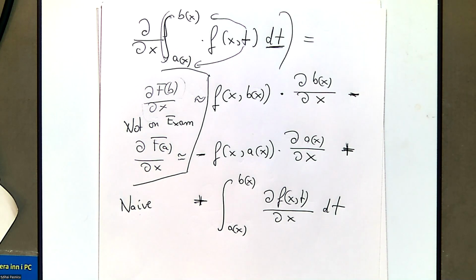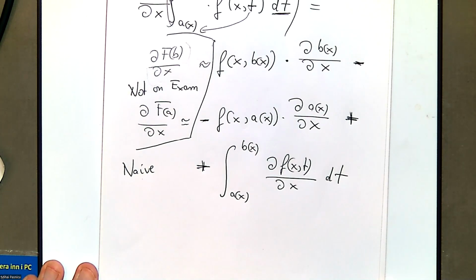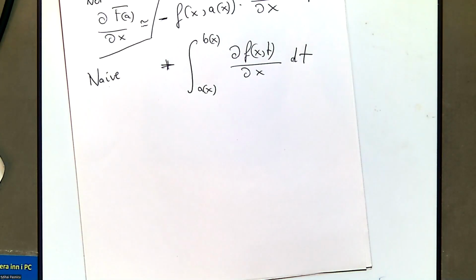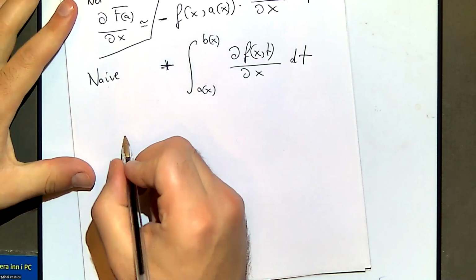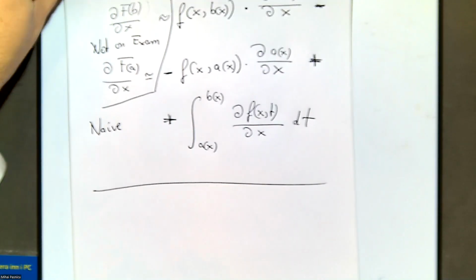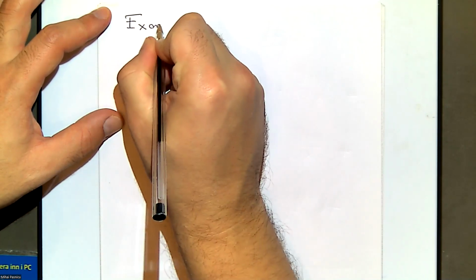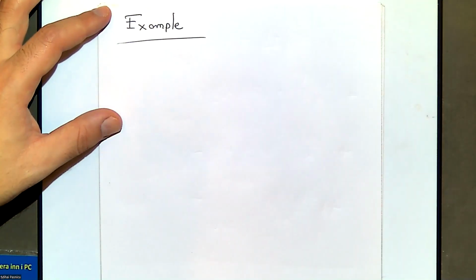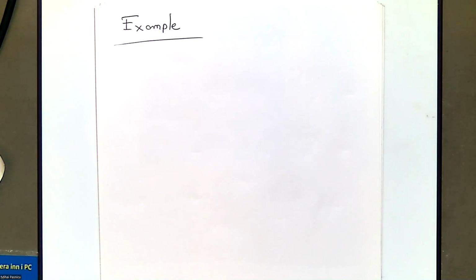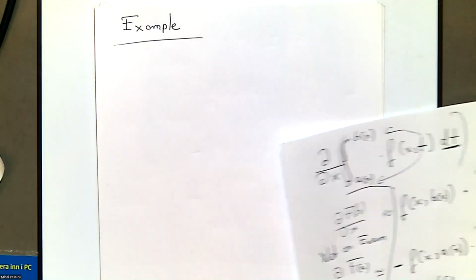Okay, let's just take an example, see how it works. Let's take a simple example, and then we're gonna complicate it as we go. So, example. I'm gonna keep this close to me because I'm gonna show it to you guys a couple of times. Usually, this kind of problem, or where Leibniz comes into play, is whenever you have,